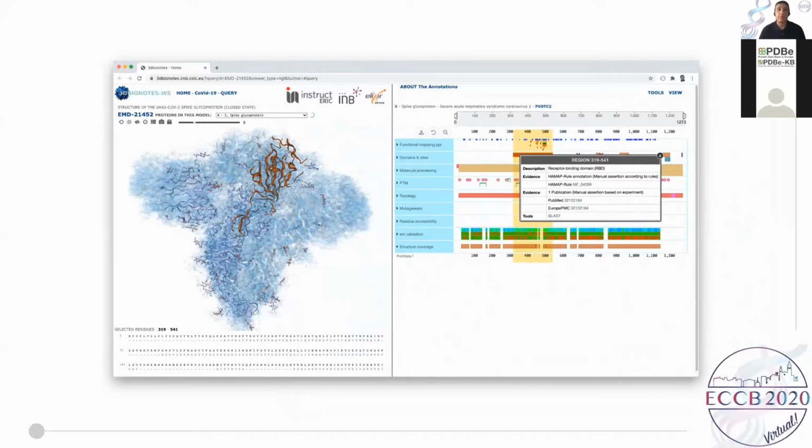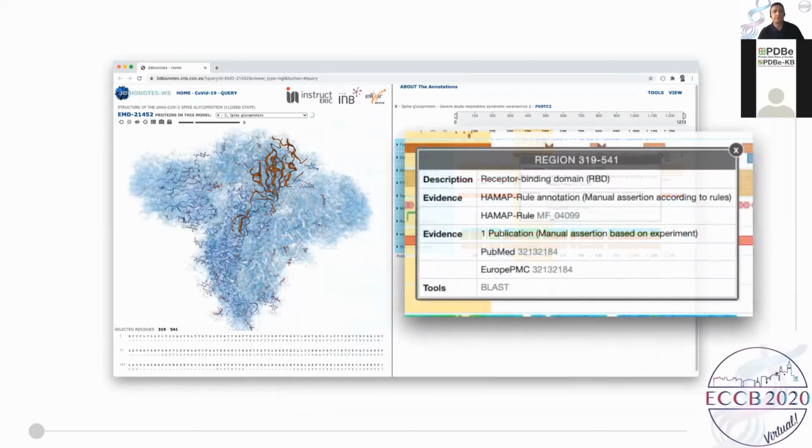At the same time, these residues will also be highlighted with vertical yellow bars, so it is easier to locate these positions in relation to other annotation types. Additionally, a panel will pop up with more detailed information about the annotation, including links to the origin of the data source.